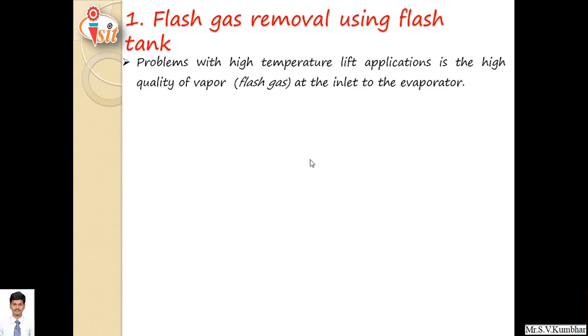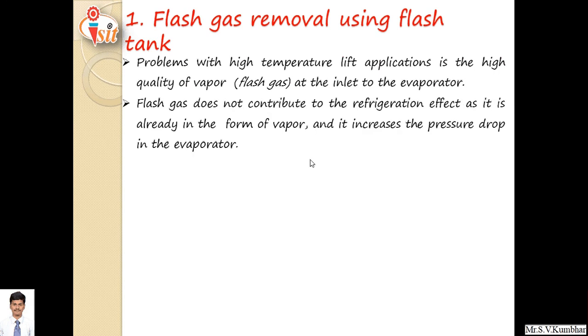Before that, flash gas removal using flash tank. Generally, the problem with high temperature lift applications is the high quality of vapor, that is flash gas, at the inlet of the evaporator. Flash gas does not contribute to the refrigeration effect as it is already in vapor form. It will not extract heat energy from the object which is to be cooled, and it increases pressure drop in